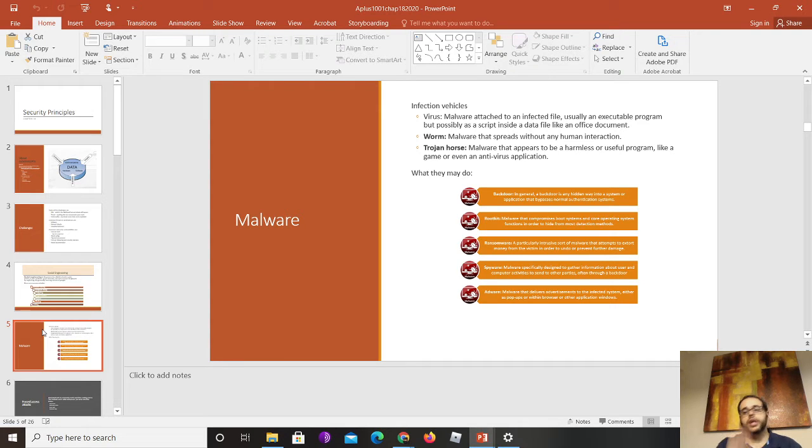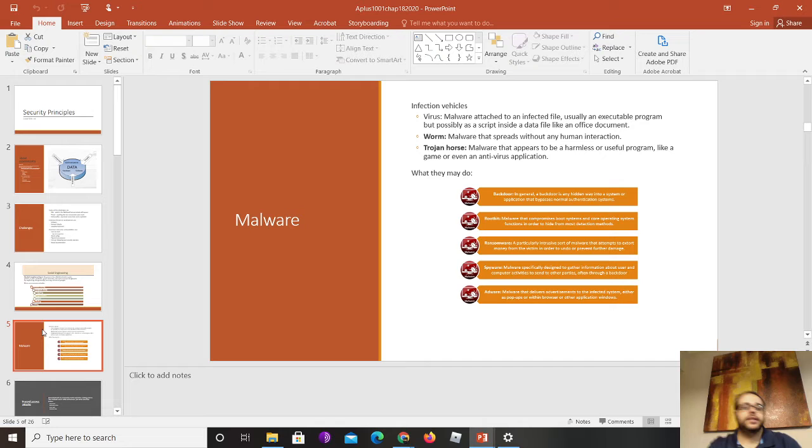Trojan horse, it may be something that looks nice, or maybe like somebody sent you a picture, you open it, and then there is some code being generated behind that picture, for example. So that's what a Trojan horse is. It's something that they make maybe benign. I mean, you think it is, but it's not. Or maybe the program doesn't do anything. You double click on it and nothing happens, right? So that's what a Trojan horse would be.